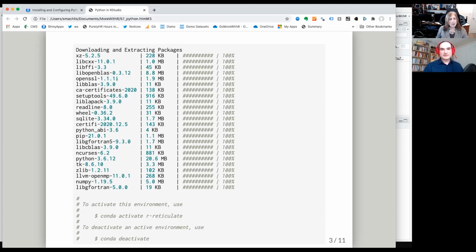Now, I notice at the bottom here, in addition to the packages, it says to activate this environment, use conda activate, and to deactivate, use conda deactivate. What's that about? Well, environments in Python are basically like sub-installations of a Python interpreter. They're a way to take an installation of a Python interpreter and segregate it from other installations so that you can work on a specific project in a given installation without having the packages that need to be installed in that installation conflicting with other packages in other installations.